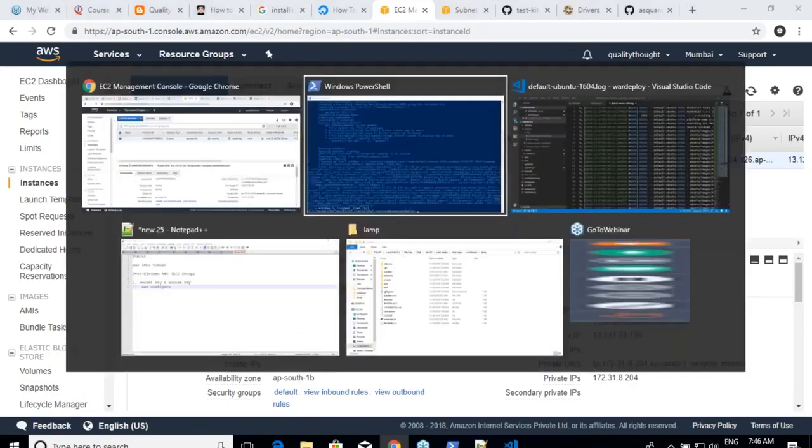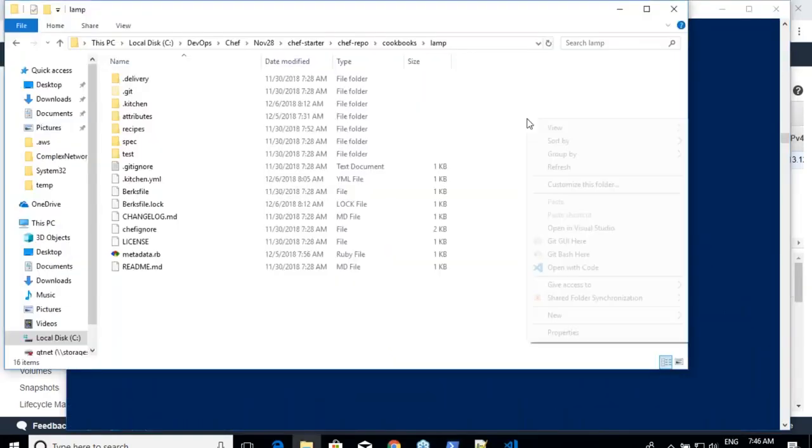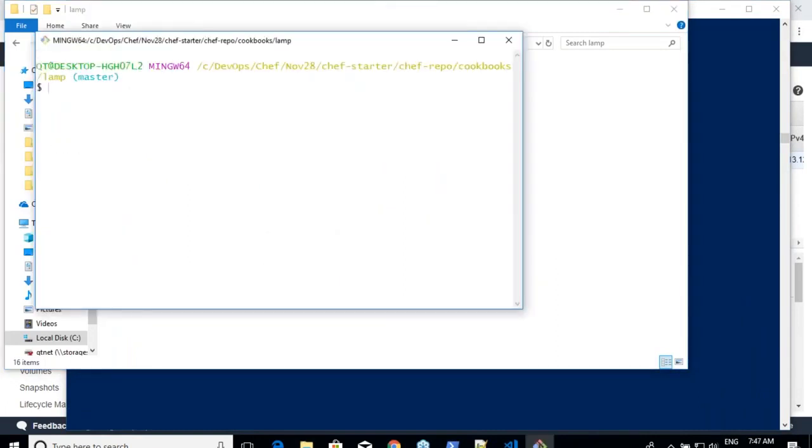And now, if you want to log in to this machine, better go with, as I said, login is something which Git Bash can do. PowerShell is not so good at doing that. Okay. kitchen login. Whenever you have more than one platform, you have to give the platform's name. So, for example, you have 3 platforms over there: CentOS, Red Hat, and Ubuntu. Then you have to say kitchen login default-centos-7, or default-ubuntu-16. That's what you need to give.